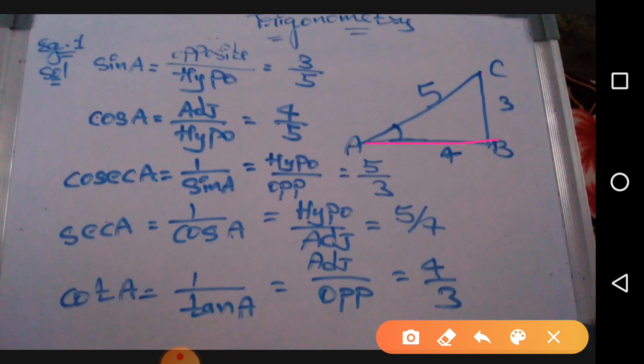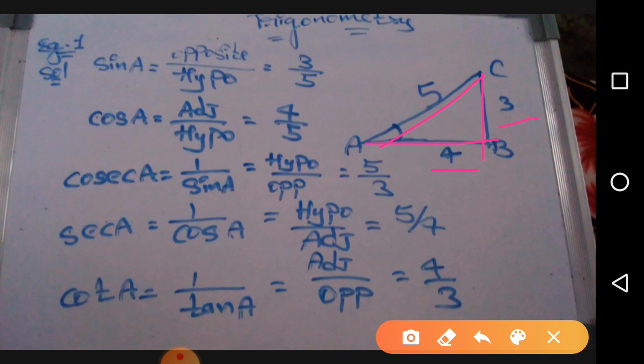This is a given triangle, and in the given triangle AB is 4, BC is 3, and AC is 5. So always do remember, it is all about the right angle triangle, and right angle triangle means it has to follow the Pythagoras theorem. So let's check whether AB square plus BC square is equal to AC square or not. AB square is 4 square, that is 16, and BC square is 9. So 16 plus 9 gives 25, and root over 25 is nothing but 5. Yes, so it is following Pythagoras theorem.